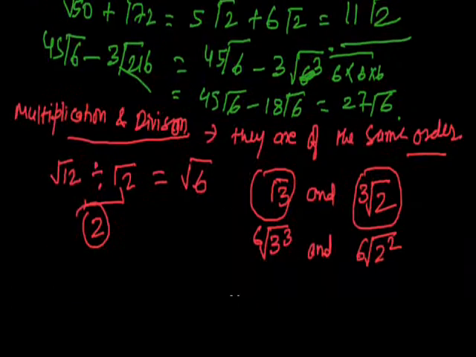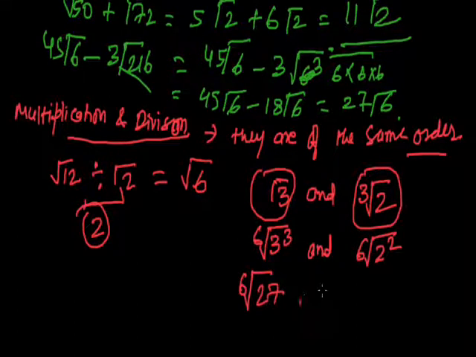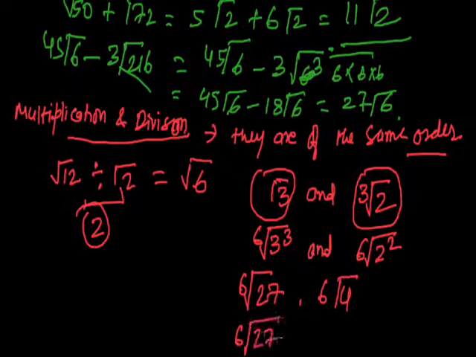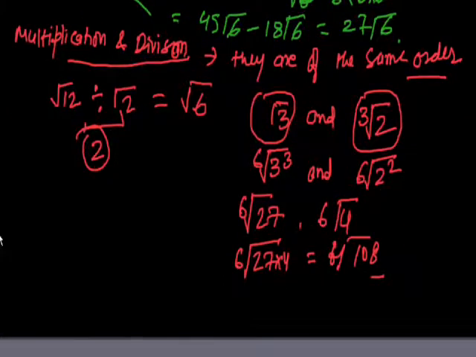Now you can see it carefully. It becomes 27 and this becomes 4. Now whatever you want to do, if you want to do a multiplication, you can do a multiplication. So what will the multiplication be? 27 into 4. So this will become 108. This is how you can do that.